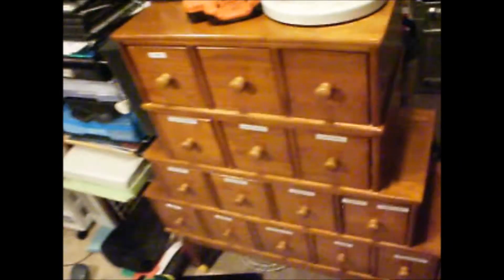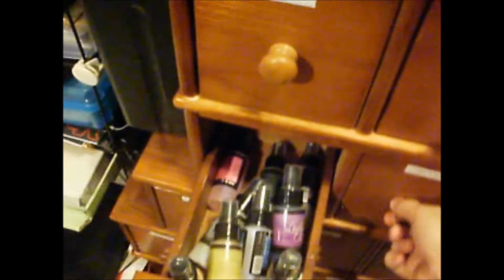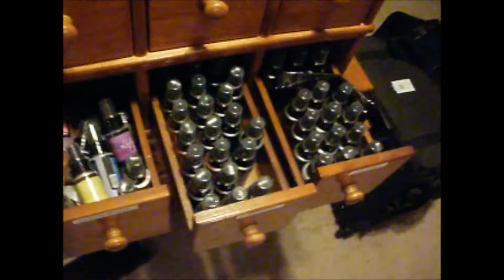And then over here, this is the pull-apart dresser that I got for $25. And I have little tabs on them saying what's in here. So I have Lindy's sprays. I don't know why this drawer's not opening. Okay, so for whatever reason it didn't want to open. So Lindy's sprays,